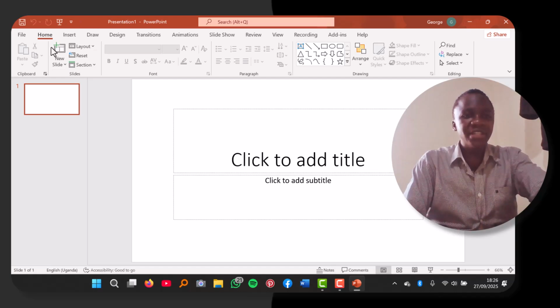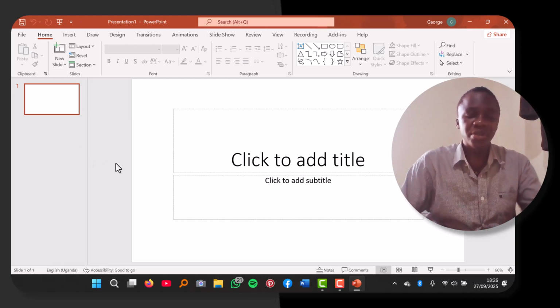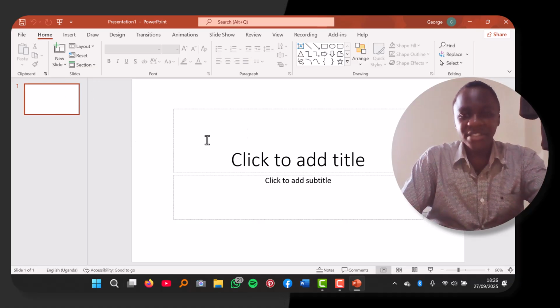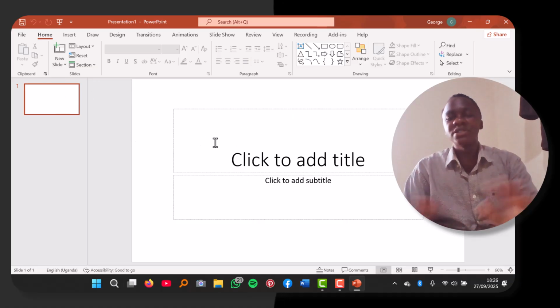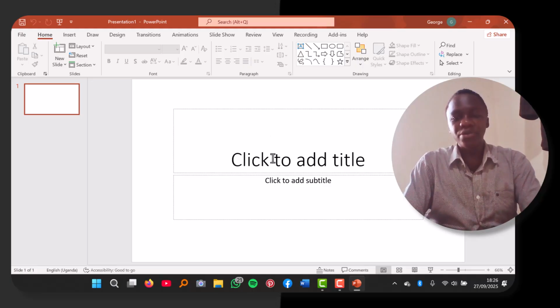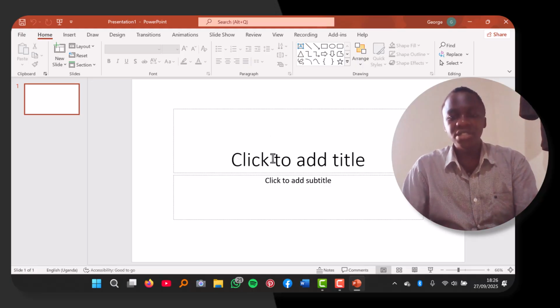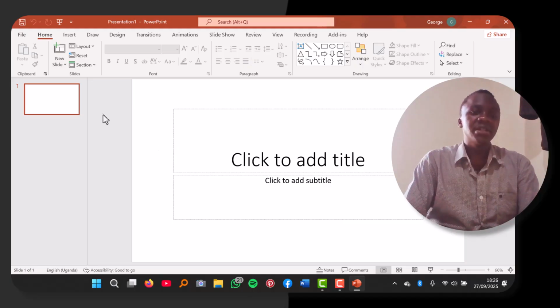So there are different functions you can use PowerPoint for. I'm going to look through the slides. There is this slide. This is usually called the title slide, because here is where you put the name of the general presentation and the person presenting. So the other types of slides,